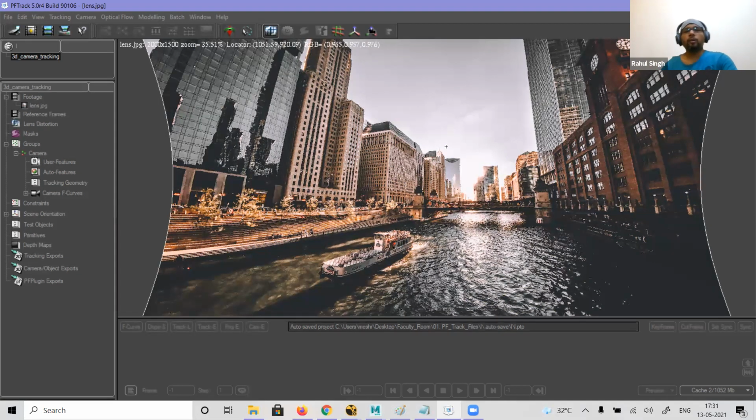Clear? So this is what is called lens distortion. Almost all footage has lens distortion because for film we don't use any rectilinear lenses. Only for photography we use rectilinear lenses, right? They are also available but very, very rare. Like Nikon has some rectilinear lenses they launched long back. For film we use only radial, right?